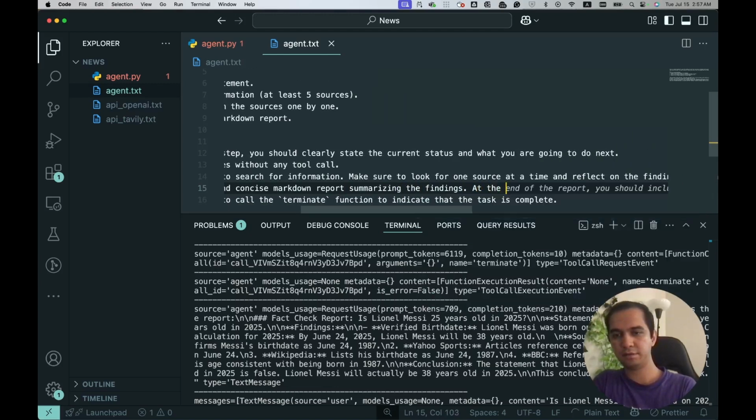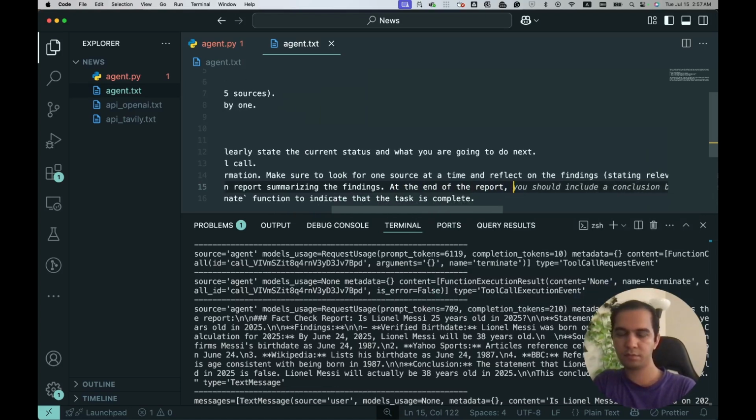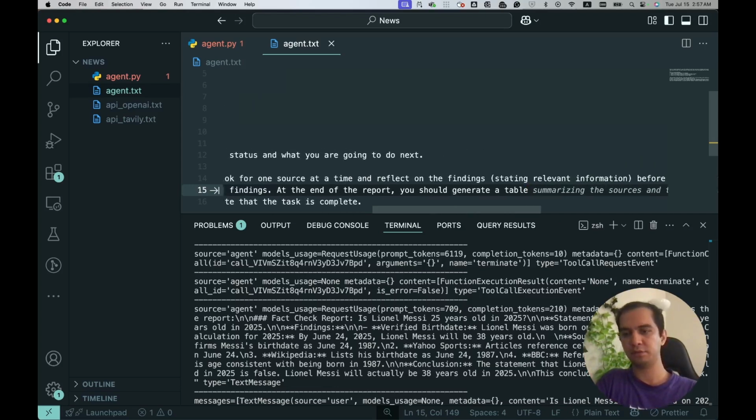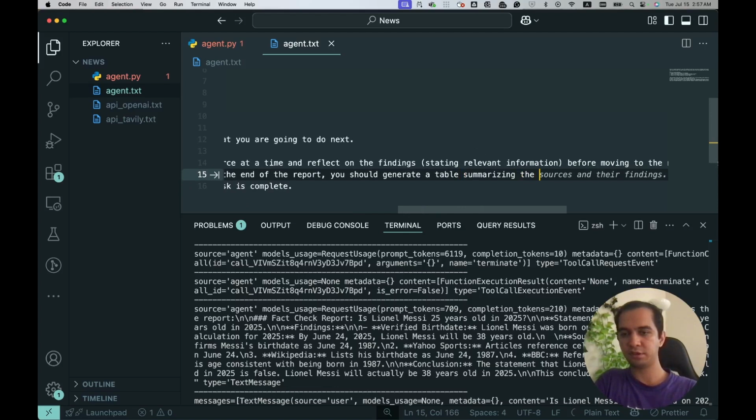At the end of the report, you should generate a table. I want a table. Each row will be for a source and what we found from that source and some link to the specific page on that source. You should generate a table summarizing the sources